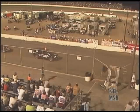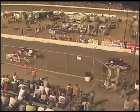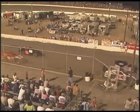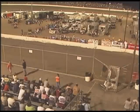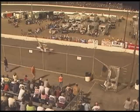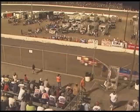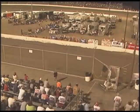Front row pole, Brendan Gaughan on the outside. In car number 41, Justin Labonte. In the 10 car on the 2nd row pole, Ron Hornaday. On the outside, 36, Dennis Setzer. In the next row, car number 7, Texas, Terry Labonte, and Kenny Schrader. In the last row,